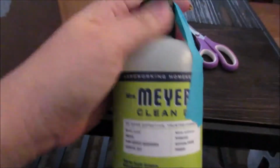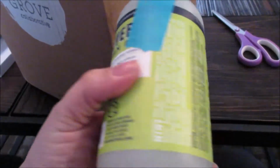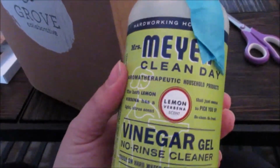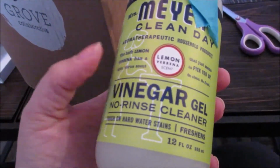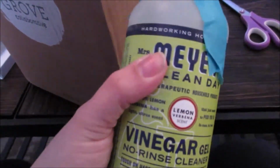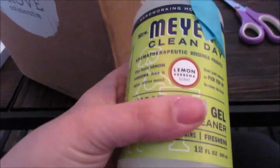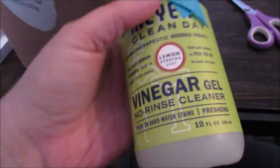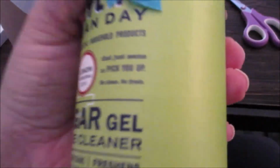And the last thing in my order here is from Mrs. Meyer's. I've been obsessed with the Mrs. Meyer's products recently. I want to try them all. And this was the next one on my sort of list of things to try. This is the Vinegar Gel No Rinse Cleaner. I have the baking soda cream cleanser, and I really, really love that, so I wanted to try the vinegar gel as well. So that is in the lemon verbena scent, which I've said before, it's not my all-time favorite